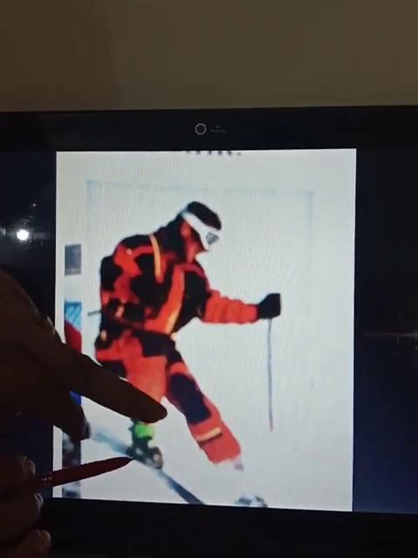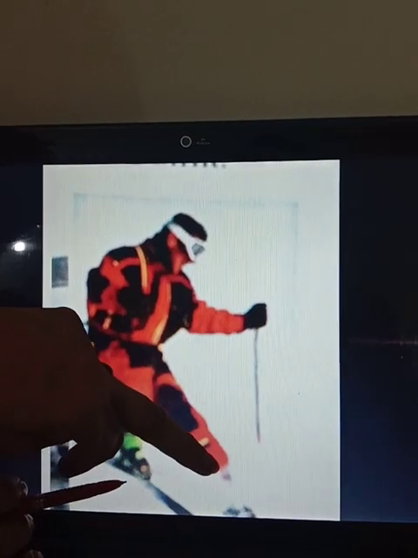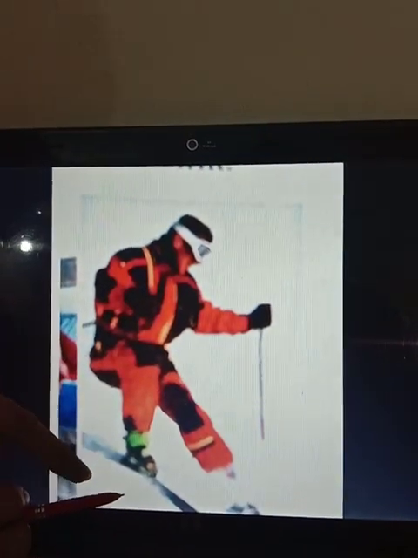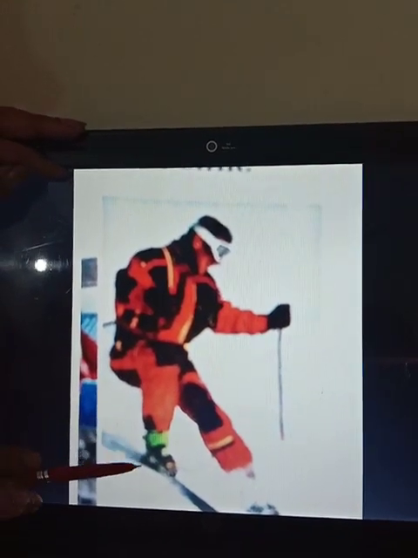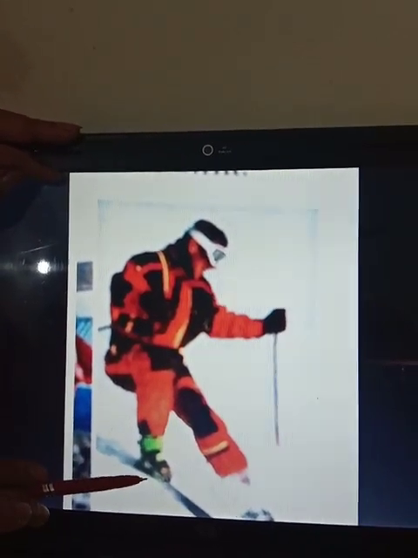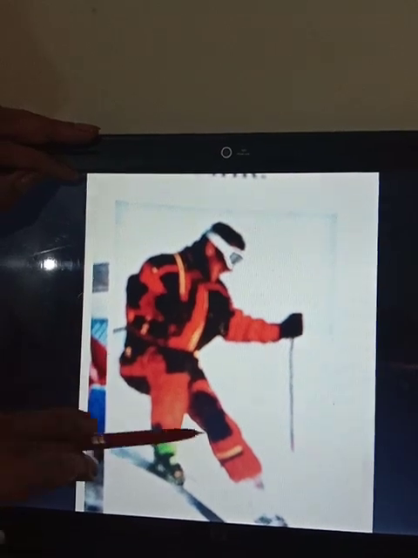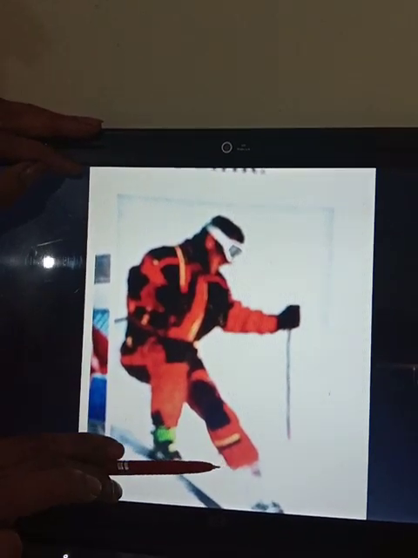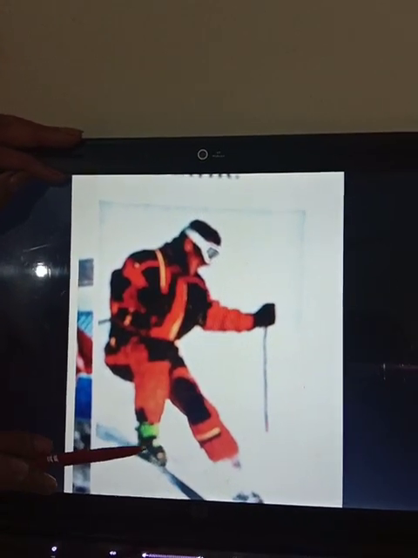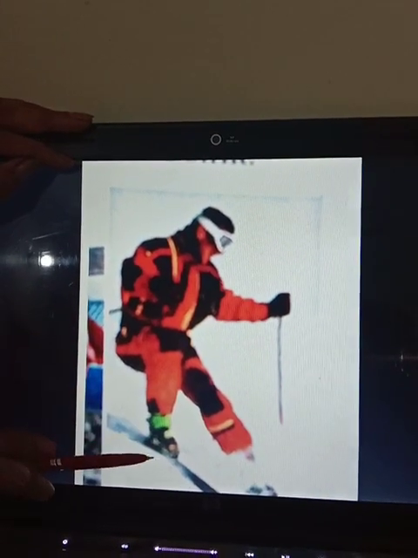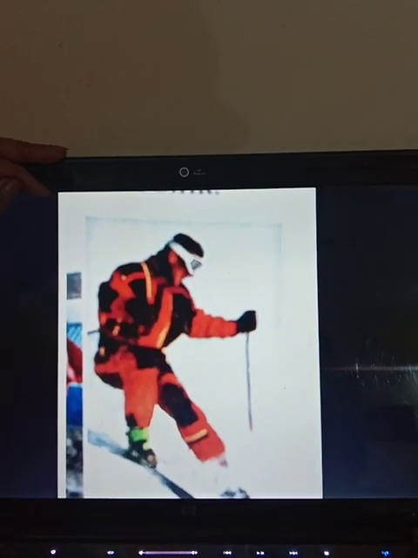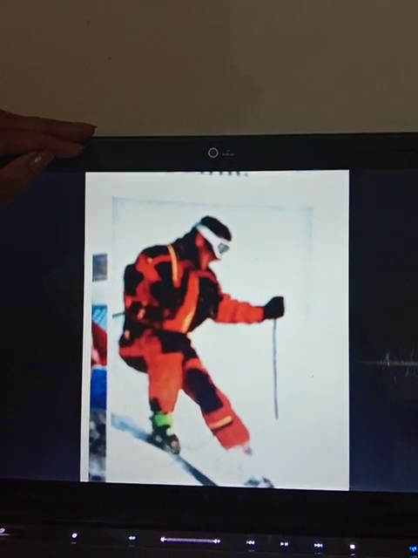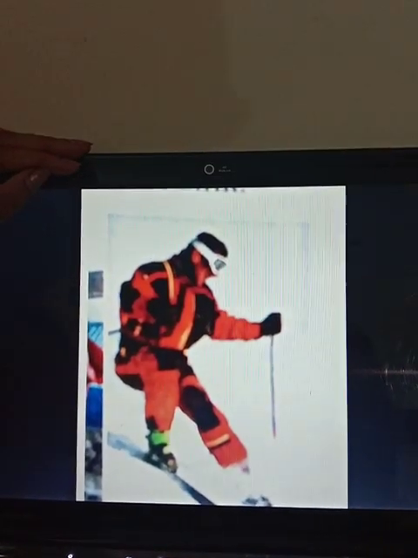Below the feet of this man, ice does not melt and there is no danger of sinking into the ice, right? Same principle used here. To decrease pressure on the ice, the person is using long and broad skis, right? These are the practical applications of pressure and area.